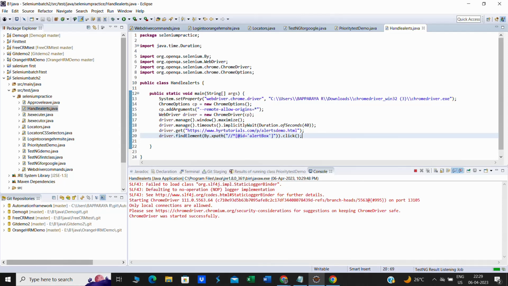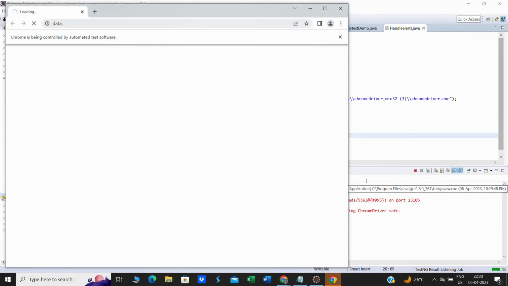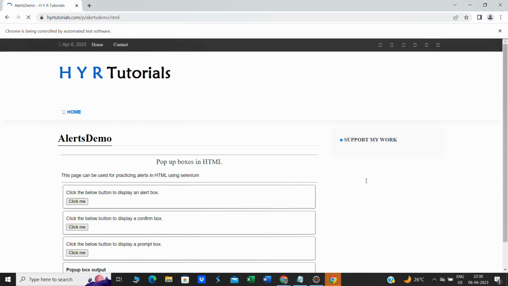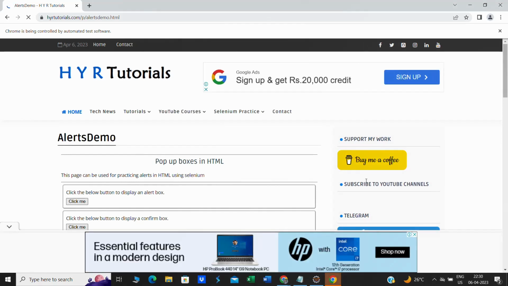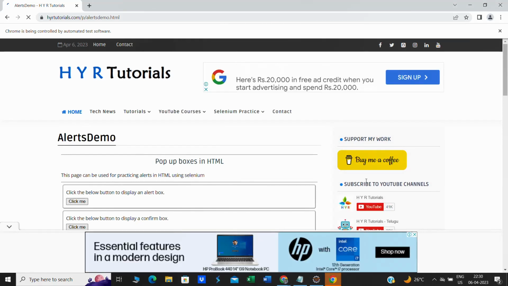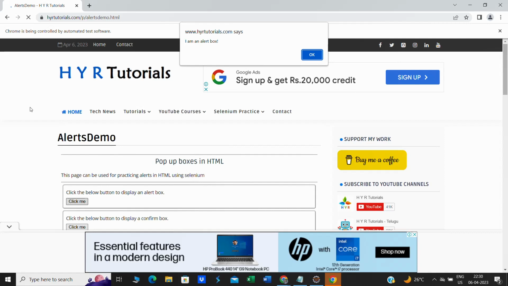I close this browser, whatever we opened earlier. So it opens the browser, launching the browser. It will do a click on that particular click button. It is loading the web page, so that is the reason the click has not happened yet. It will do the click once the browser is loaded. So let that load. See guys, that is loaded and it has clicked on that particular button and we got